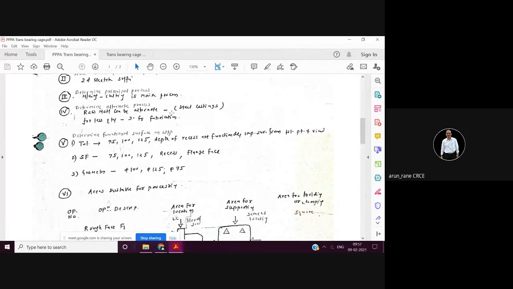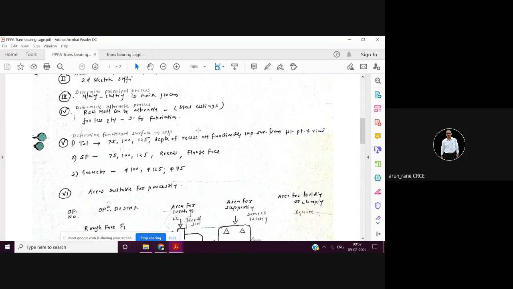Yes, you have given thoughts to all other processes, and out of which casting is the only suitable process. Because the end user will ask, why don't you order bar stock, or why don't you do welding, or why don't you do forging? Then you have to say that this is a cast material, which has difficulty in forging. It is a casting grade material, so you have to go for casting. So all this you have to write here.